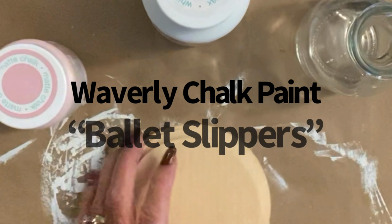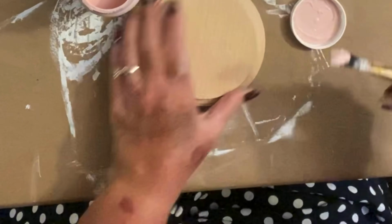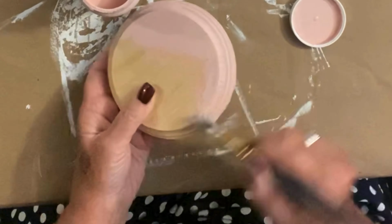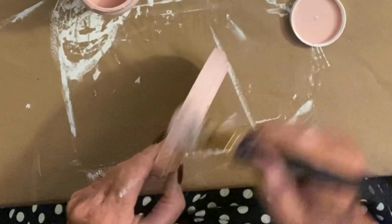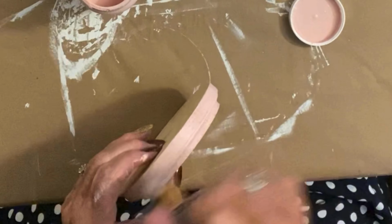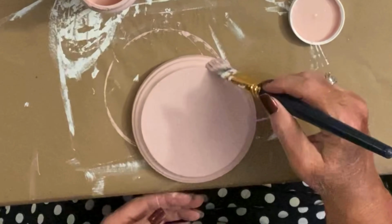Once I did that, I went in with the ballet slippers, keeping the theme with the entire video, and I painted it, and that is the prettiest pink to me. I absolutely adore this color pink, and my bedroom is going to be so pretty whenever it's done. It's going to have pinks and creams and whites and greens, a couple different shades of greens. And like I said earlier, it's going to have that vintagey